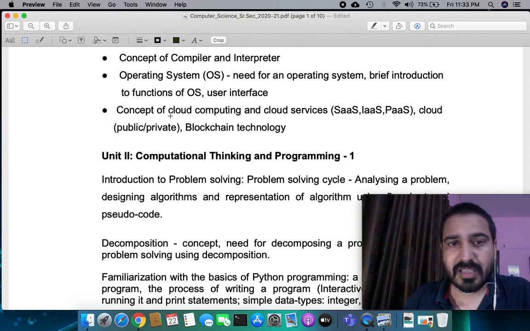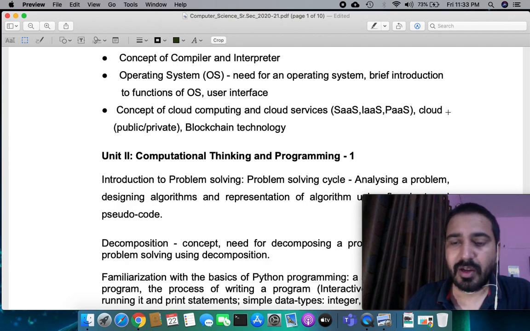Now, the concepts of cloud computing, SaaS, IaaS, PaaS, public and private cloud, and blockchain technology require lots and lots of detail, so right now you just need this. SaaS is software as a service, IaaS is infrastructure as a service, and PaaS is platform as a service.